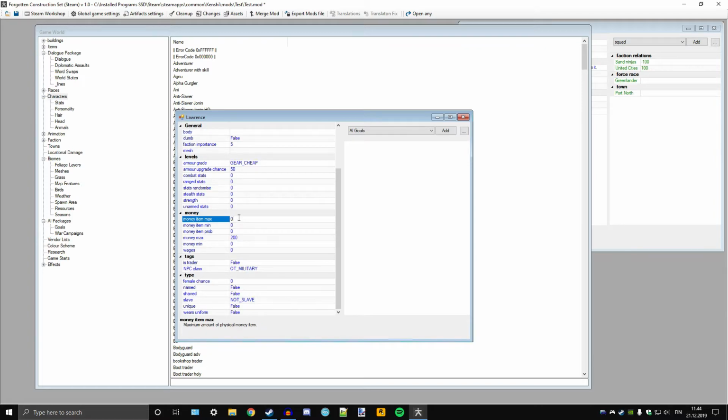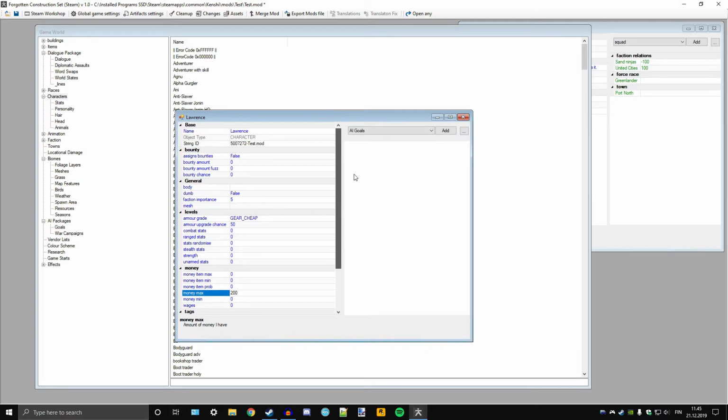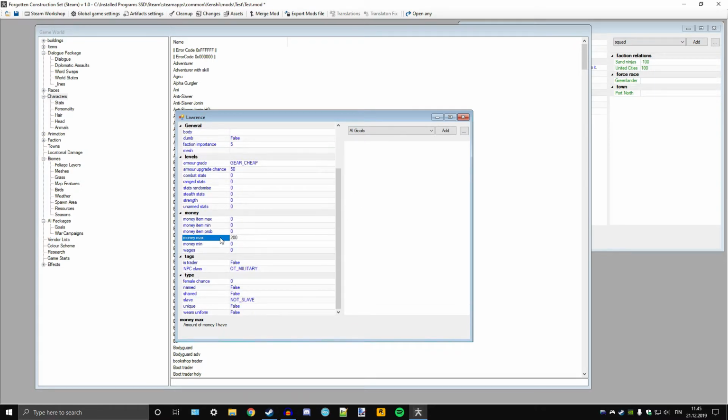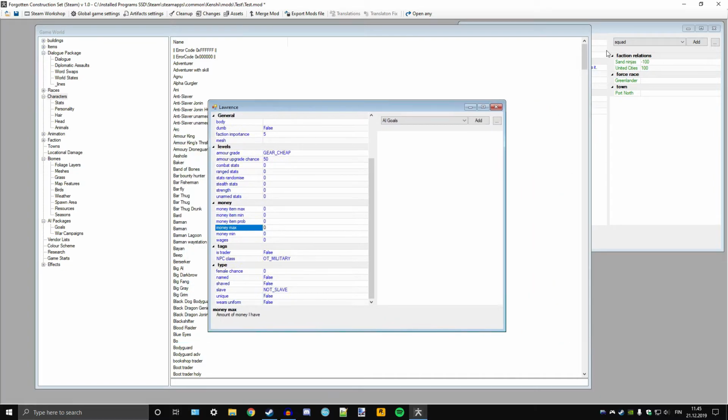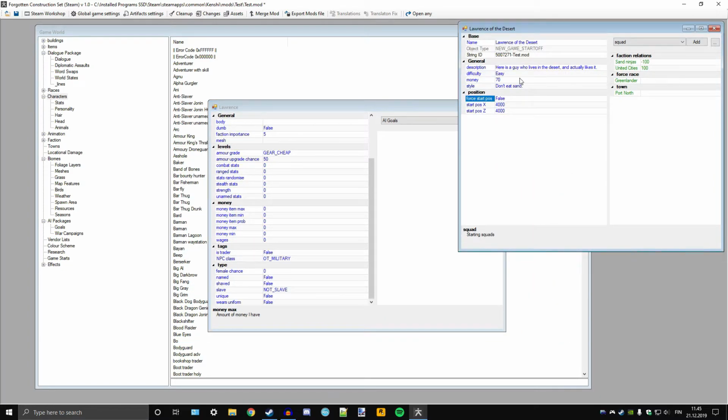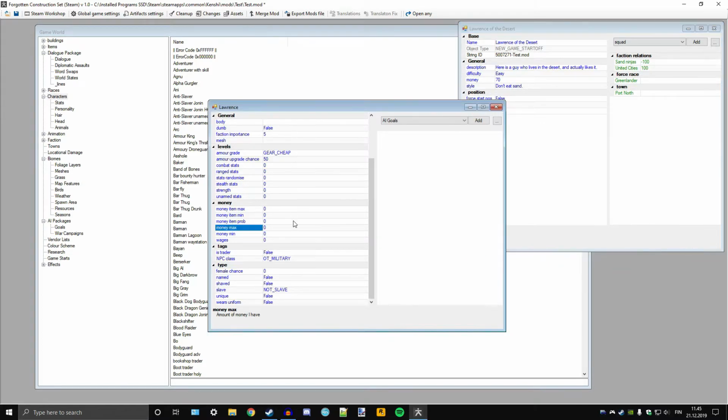because we're going to do the stats as well. Money, amount of physical money item, which is the cats thing. I don't need those. And amount of money I have, I think we just went through where the money was set. But I think this is also for the NPCs. So it actually has nothing to do with anything, since we're creating a game start, it separately does that. Yeah, there we go. So this is unimportant to